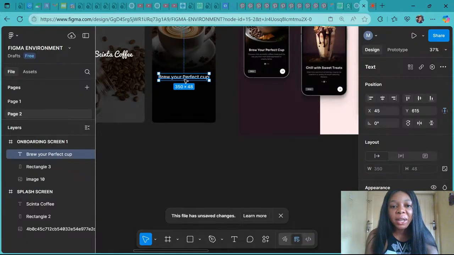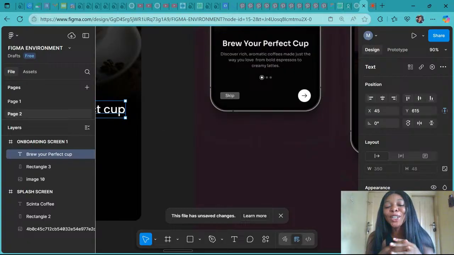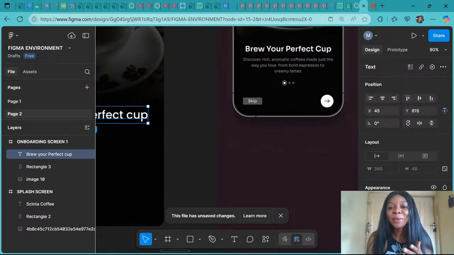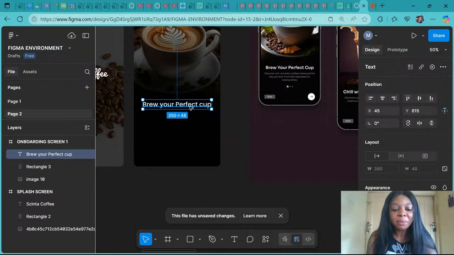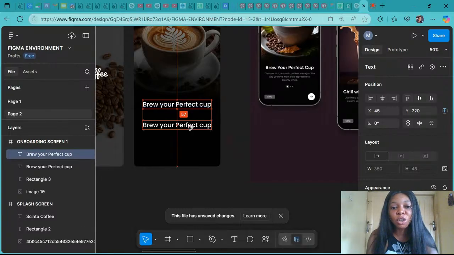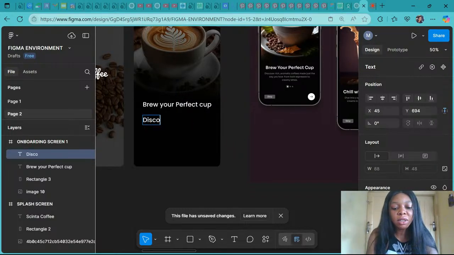So now that we have this, brew your perfect coffee, okay, brew your perfect cup, sorry. We have the next text that says discover rich aromatic coffees made just the way you love, from bold espressos to creamy lattes. What I'm going to do is duplicate: Control D to duplicate, or you hold your Alt key and drag, and you have a duplication. So I'm just going to say discover